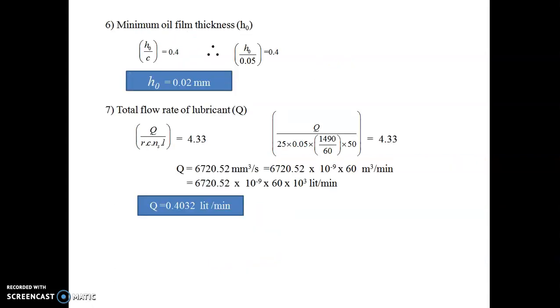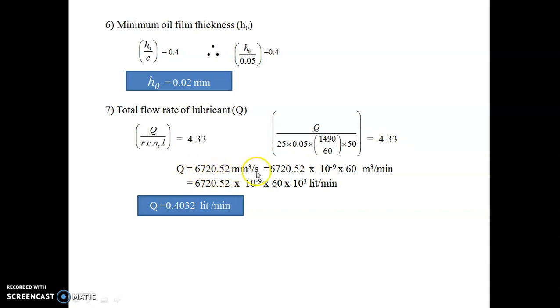Next is minimum oil film thickness H0. We have H0 by C is equal to 0.4. Value of C is 0.05. From this we can get the value of H naught, that is minimum oil film thickness, equal to 0.02 mm. Next, total flow rate of lubricant: Q upon R into C into ns into L equal to 4.33. Value of R is 25, C 0.05, ns 1490/60 and L 50. We get the value Q equal to